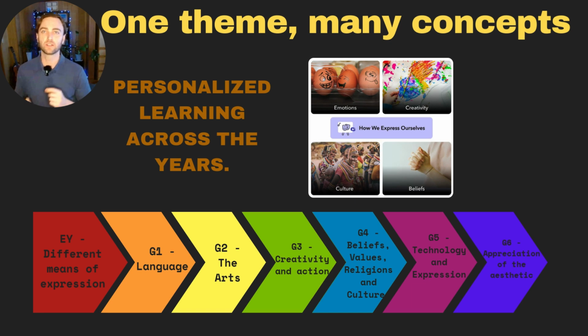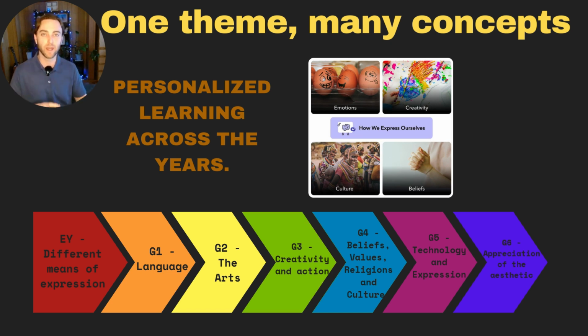But they do not complete the exact same learning outcomes, because obviously the learning outcomes are different depending on the grade that the student is in. There is, however, continuation and there's connection as the students move through the grades. So for example, in early years, a student might be looking at different means of expression, how they can express